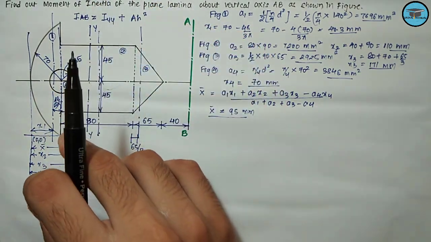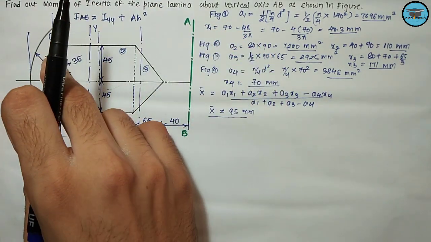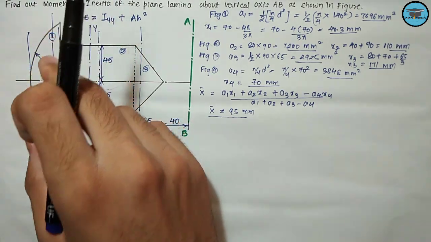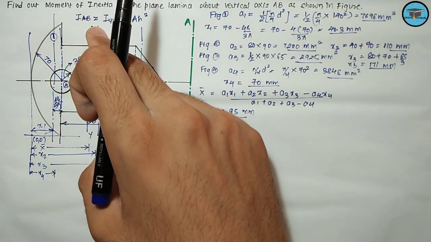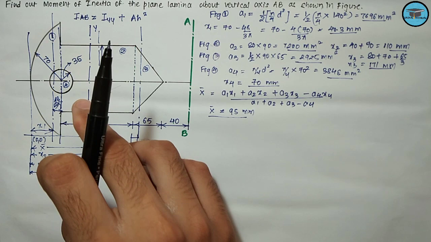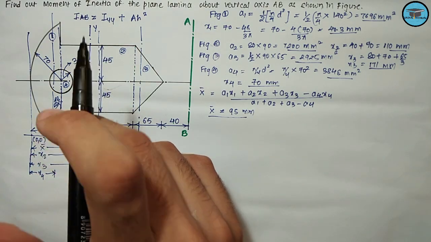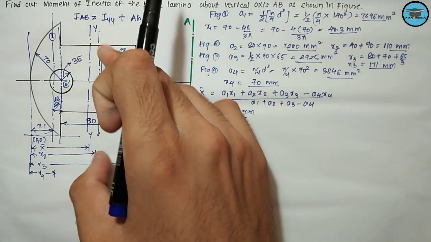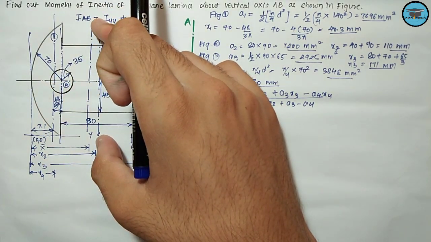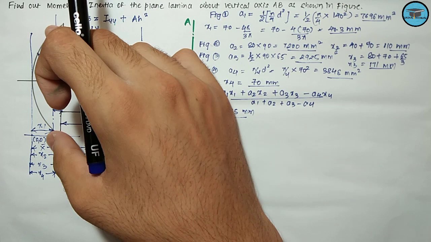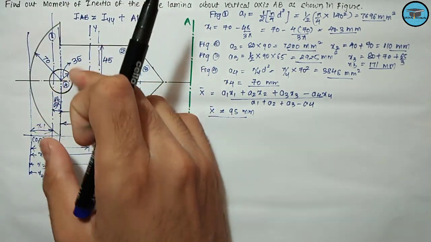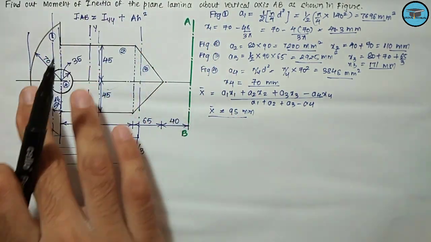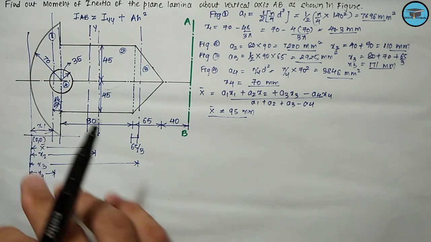Okay, so we need to determine the moment of inertia of the plane figures about this axis yy, that we can easily obtain by means of the parallel axis theorem. And for such cases, the parallel axis theorem would be given as the moment of inertia about this axis yy, that is nothing but sum of the moment of inertia about its local yy axis plus area of that figure into the square of the distance between these two axes.